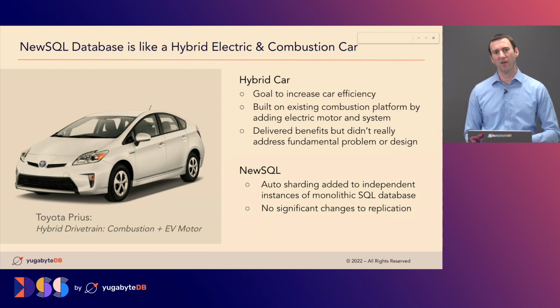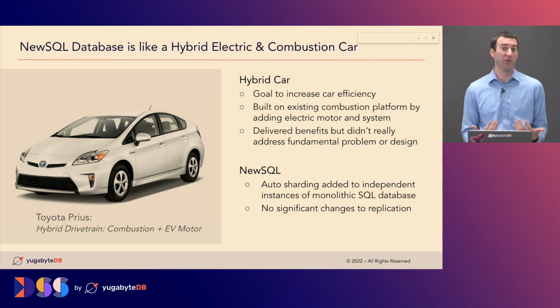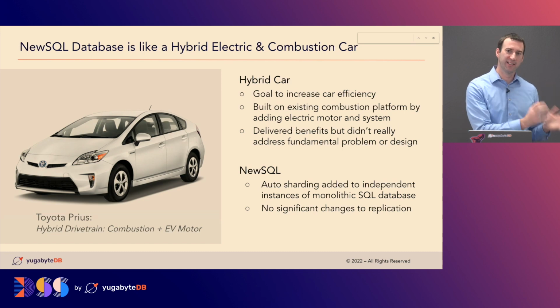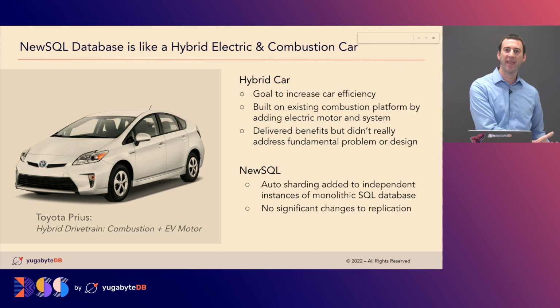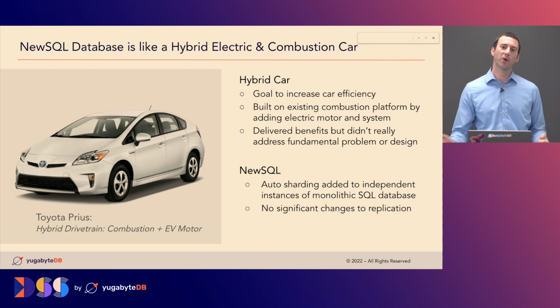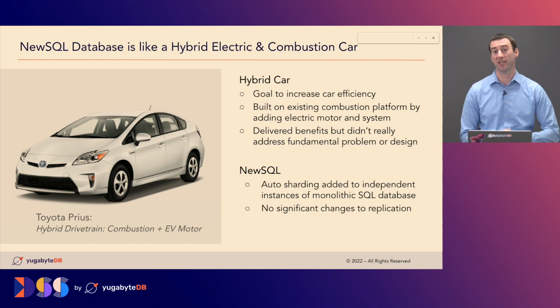But still, under the covers, a lot of the fundamental architecture was still the same. It was still a monolithic single instance. So you still had all these different silos. You still had the traditional async replication technologies for DR. You still had to do a lot of the manual processes. So it took a step forward, but you were still held back a little bit by a lot of those core legacy problems because the architecture didn't fundamentally change.